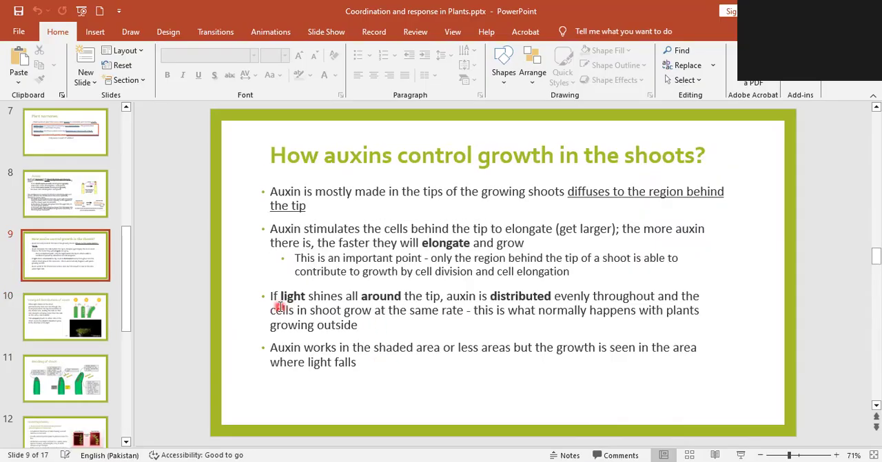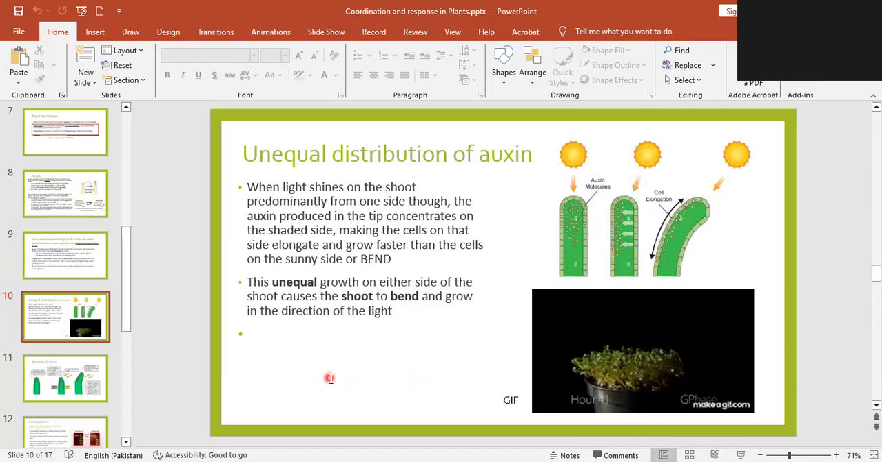Like here, if the light shines all around the tip, auxin is distributed evenly, and the cells in the shoot grow at the same rate because it's an even distribution. That's why each and every cell of the tip will grow at the same rate. This is what normally happens with a plant growing outside. Auxin works in the shaded area or less lit area, but the growth is seen in the area where the light has fallen. I hope this auxin